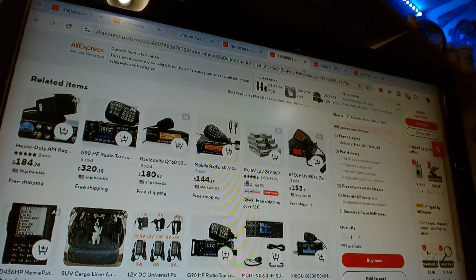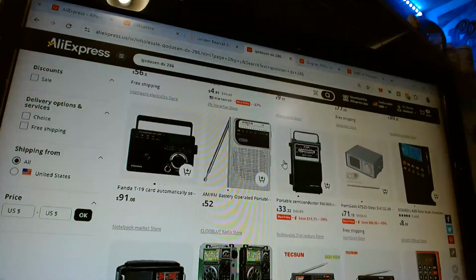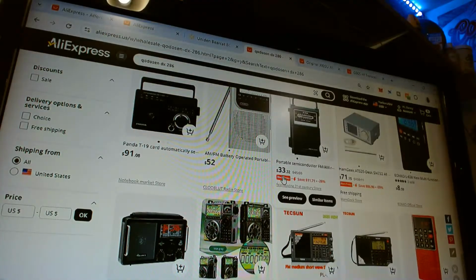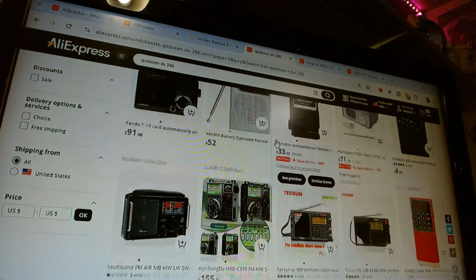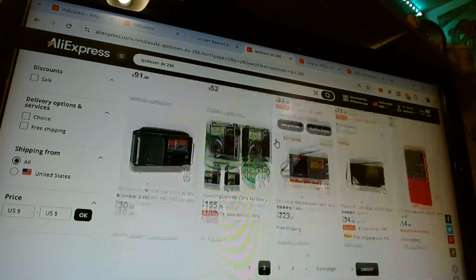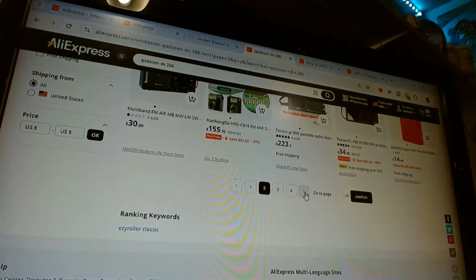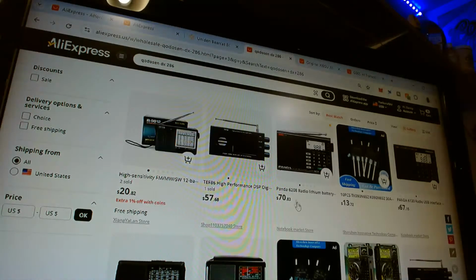All right. Let me close that. The ATS, I'm not familiar with the ATS. I mean, I've heard of them, I've seen many videos on it. I'm just not a fan of that ATS stuff. I see a lot of Panda branded.